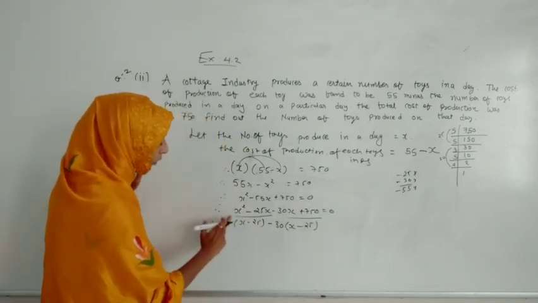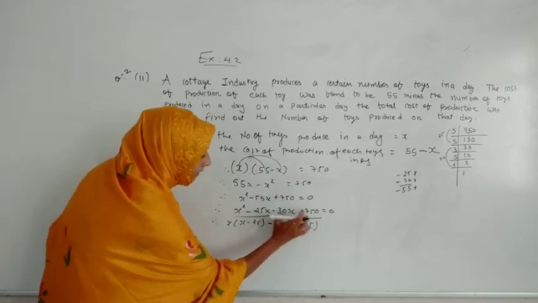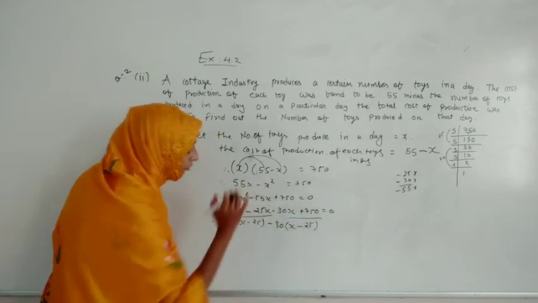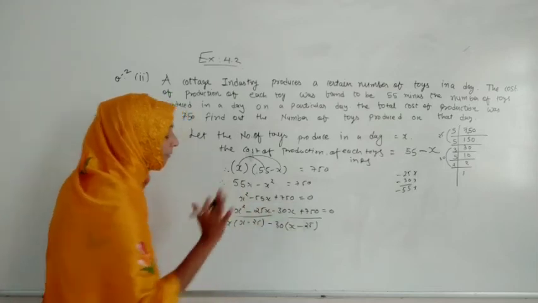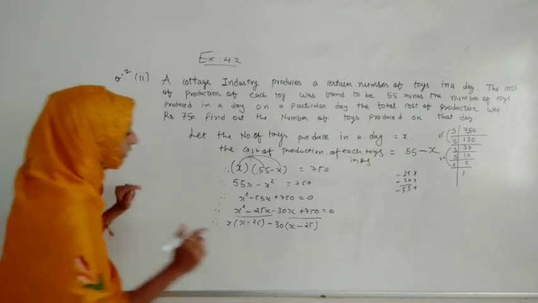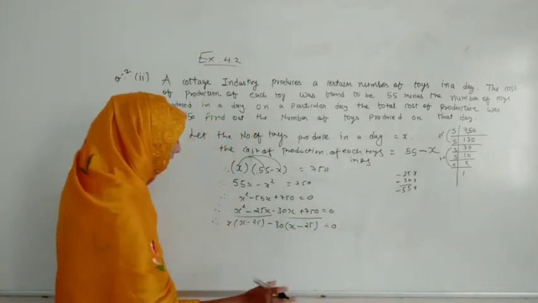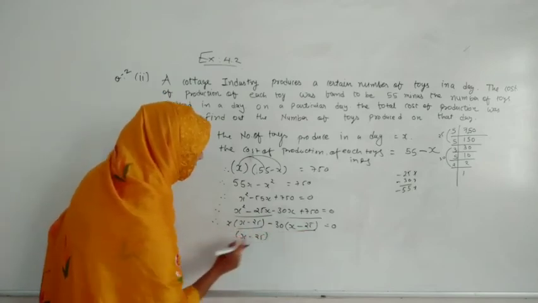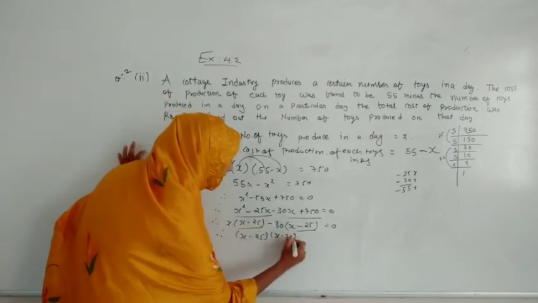X into x, x square, 25x, yes, 30 into x, 30x, and 30 25s are 25, 3s are 75, and this 0 means 750. And minus minus we also have to check, this minus minus will be plus. All things we have to check that we did everything proper or not, because only mistake of sign will change your answer. So here we got two brackets, so we will write x minus 25, and in another bracket we will write x minus 30, and that is equals to 0.